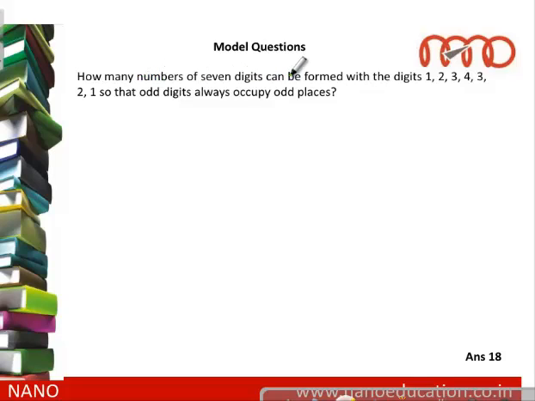How many numbers of 7 digits can be formed with the digits 1, 2, 3, 4, 3, 2, 1? We are given 7 digits here, and we want a 7-digit number in which all odd digits, which are 1, 3, 3 and 1, occupy odd positions and the remaining 3 even digits occupy